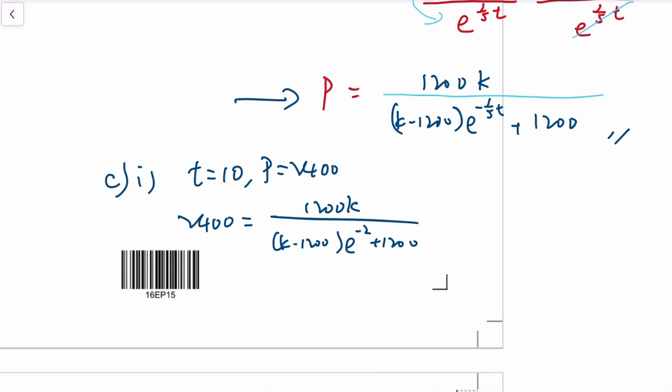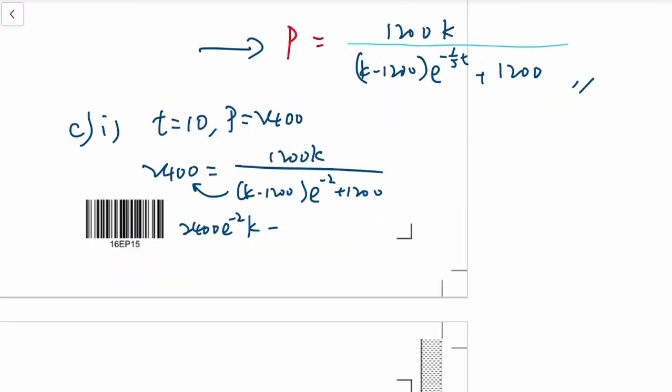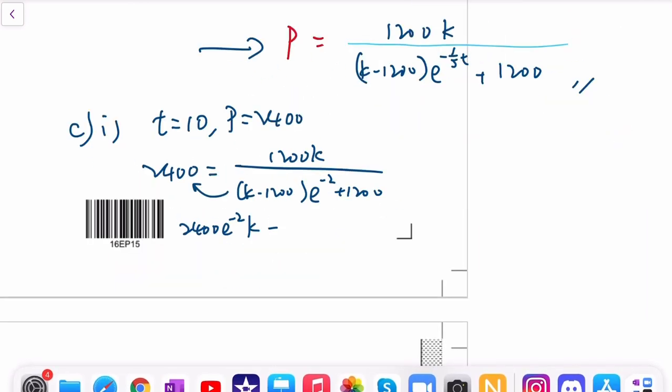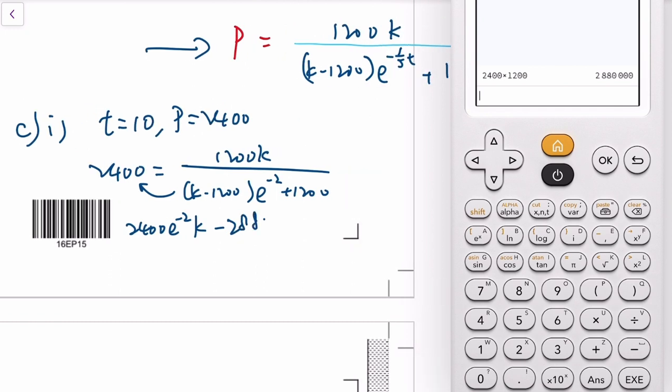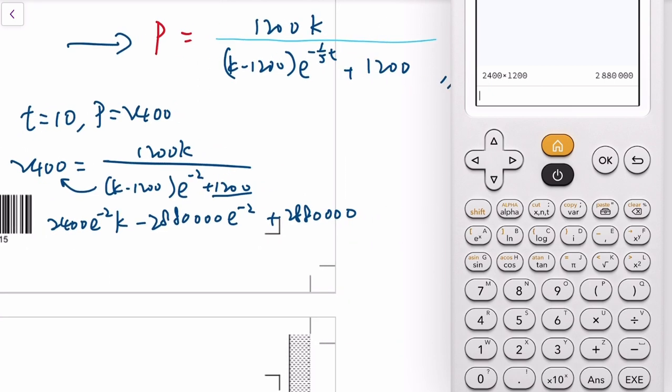Well, it's paper 2, right? We have GDC, right? We'll probably multiply the bottom to the right. So it becomes 2400 e negative 2k minus, I'm expanding, so that's what? 2400 times 1200? Oh, wow. 0, 0, 0, 0, e negative 2 plus 2400 times this 1200, you know. But that equals to